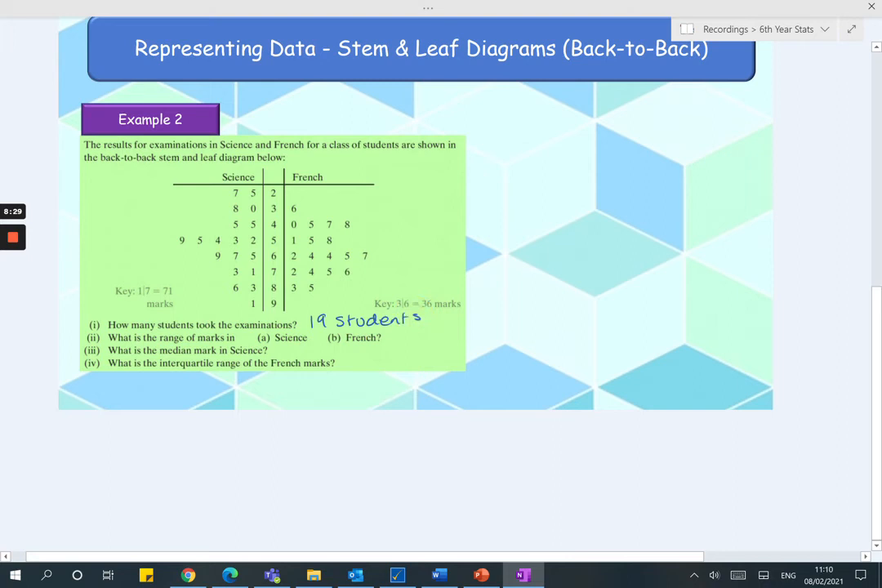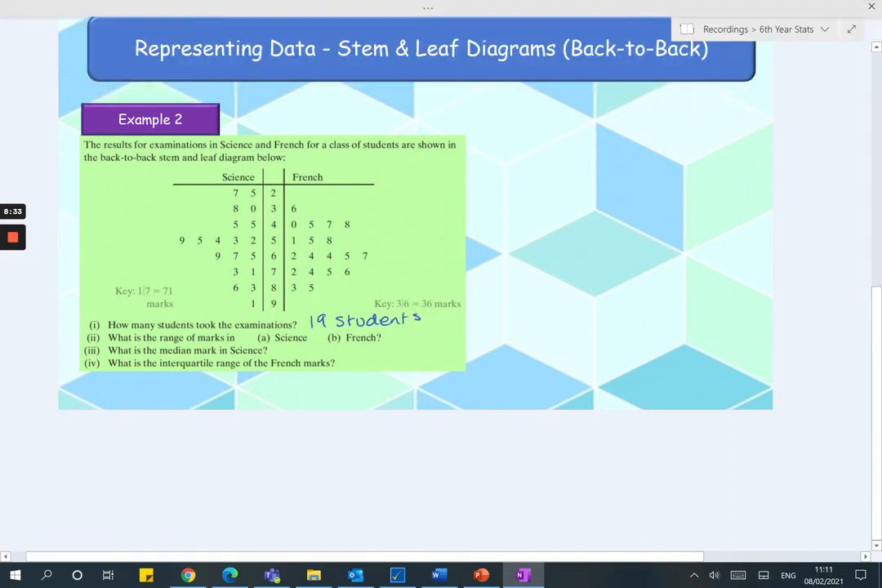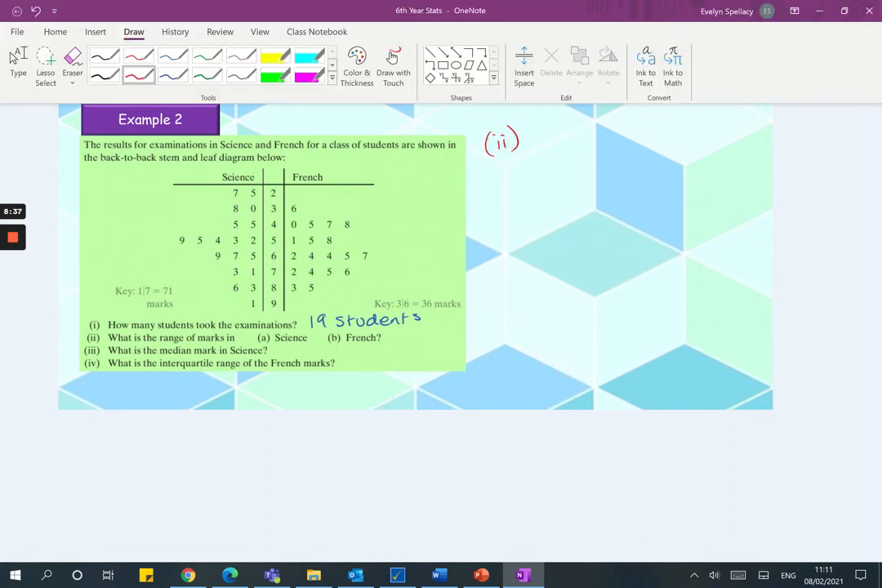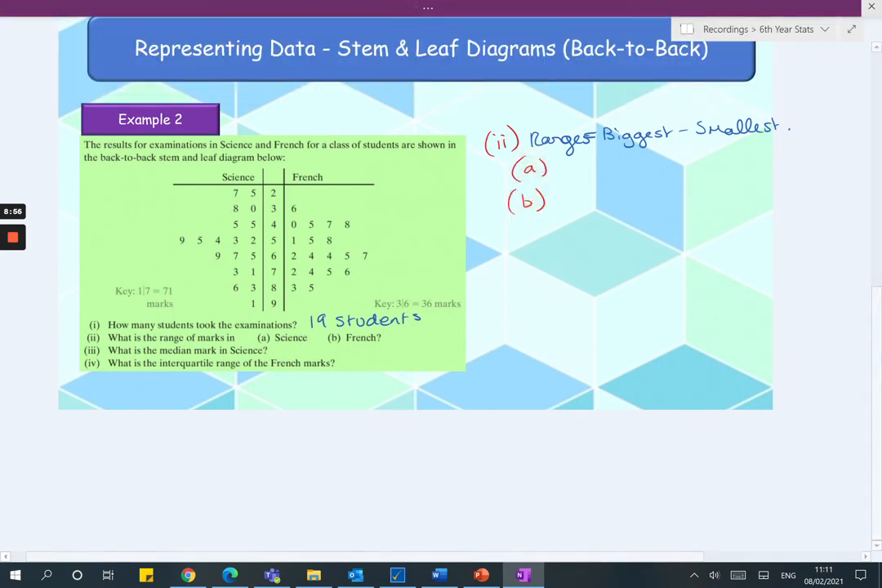What is the range in marks for A, science, and B, French? So again, we know that the range is going to be the largest minus the smallest, which is the first thing I'd write down. The range is equal to the biggest minus the smallest, and then I'm going to try that for science and for French. Okay, so now let's look. If we look at science first and then we look at French. In science,